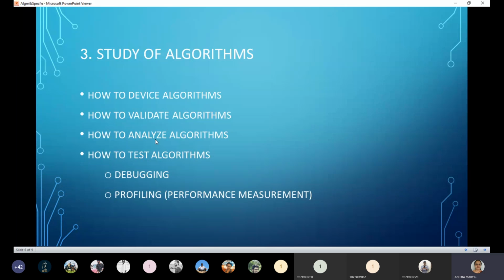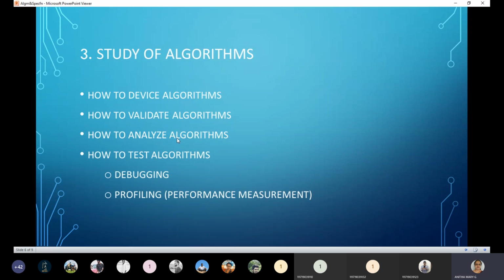Some of you may write it in 3 lines, some in 5 lines, some in 10 lines. But I want the effective one, which satisfies all the necessary conditions and also gives fewer lines of code. If there are fewer lines of code, automatically the time complexity will be reduced. Such algorithms are the ones which are expected. So that is what analysis is.